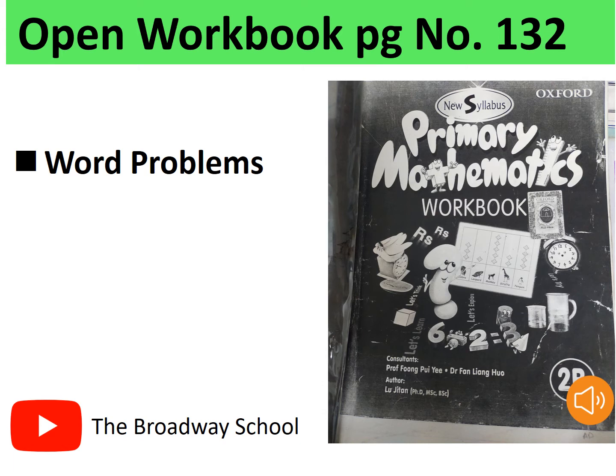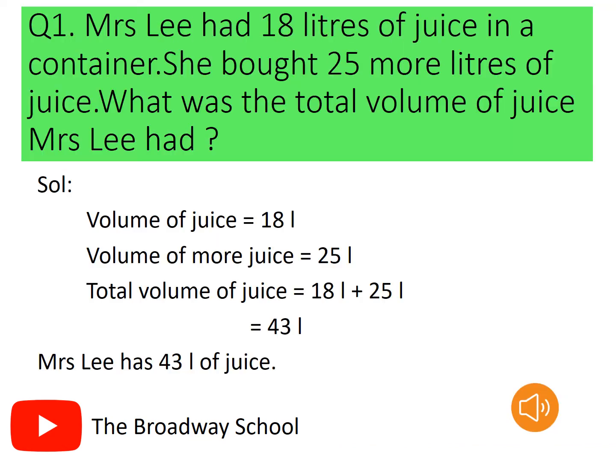These are also word problems that we are going to do in your workbooks. Question number 1. Mrs. Lee had 18 liters of juice in a container. She bought 25 more liters of juice. What was the total volume of juice Mrs. Lee had? So after reading the question, we get to know that she already had 18 liters of juice,